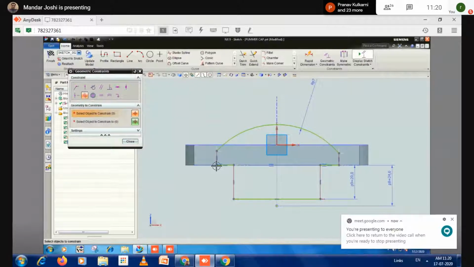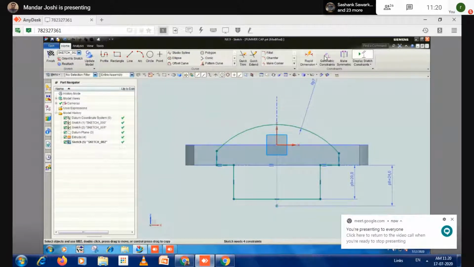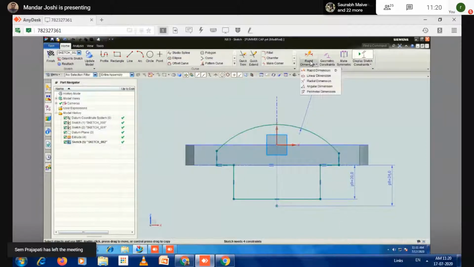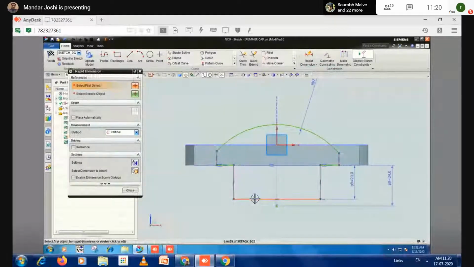Okay. After that, next step, define this dimension. Use the rapid dimension option, and here I use the horizontal option. This is how much? 56.